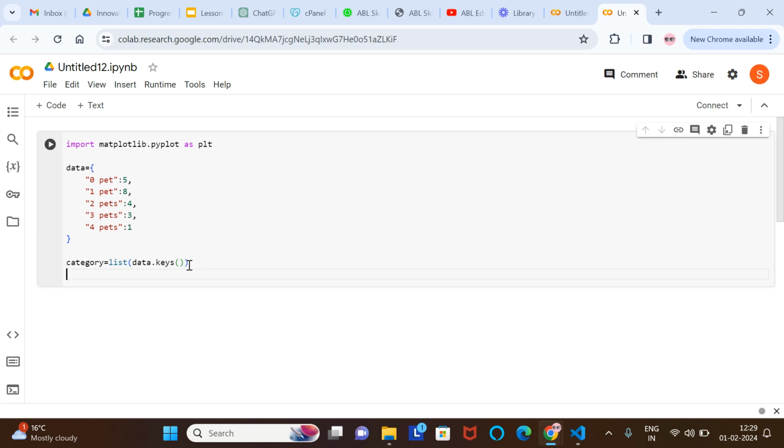Again I'll do the same for the frequency, which is the count. Here I'm giving the name frequency, you can give any name. Again I'll call this method list. Here I'll write data.values(), because all the values come under the frequency, right. So here I have created these; suppose I print this value,